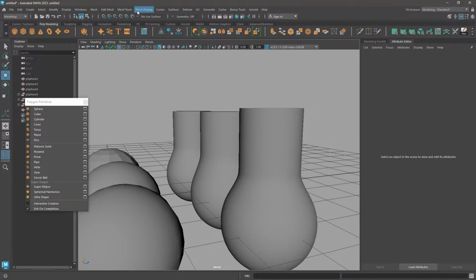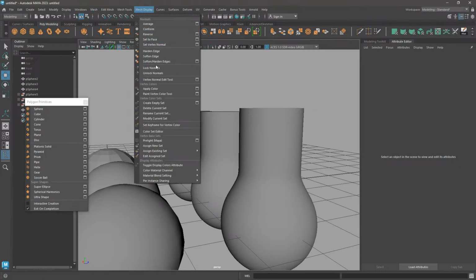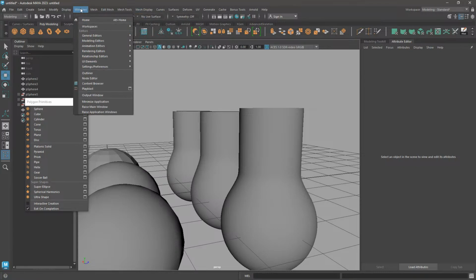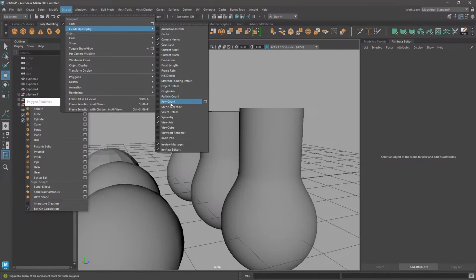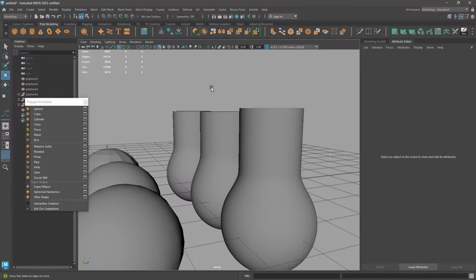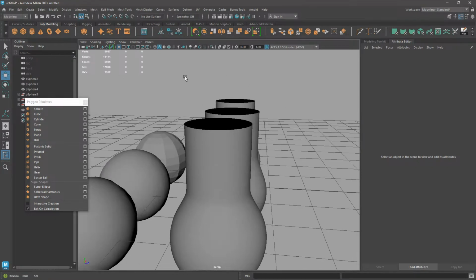So if we go to display, heads up display, then poly count, you can turn on this one, and it will show you the number of vertices, number of edges, number of faces, number of tris, and number of UVs in this whole scene. Okay, so if I select this one,